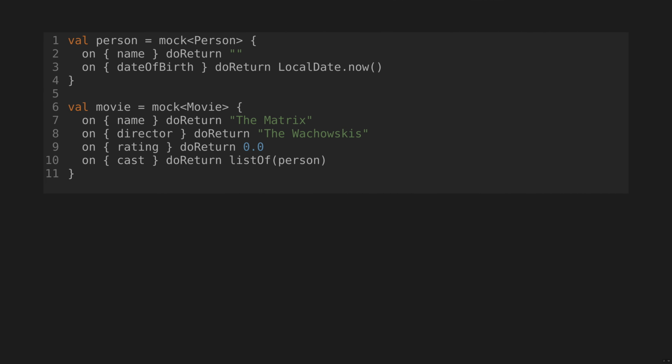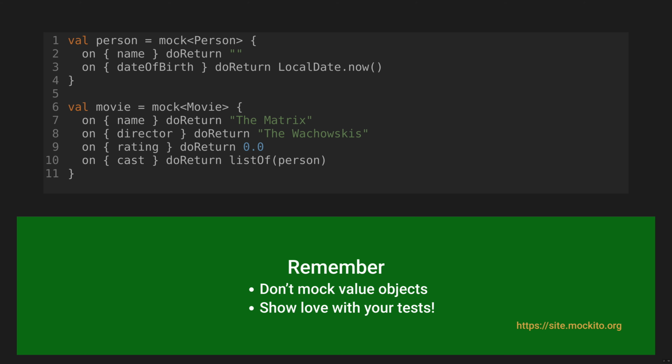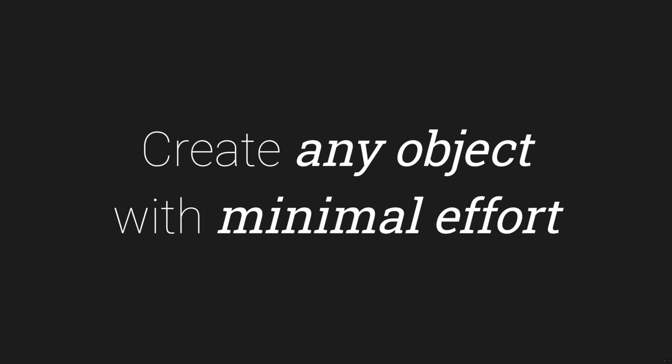Of course, another approach for test data is to use mocks. However, as before, we still need to hardcode data, and often we end up having to mock data that is not directly related to what we are testing. Plus, if you're familiar with Mockito's documentation, you might have noticed it even tells you don't mock value objects and instead show love with your tests. So, how do we create our test data, yet minimise our effort?